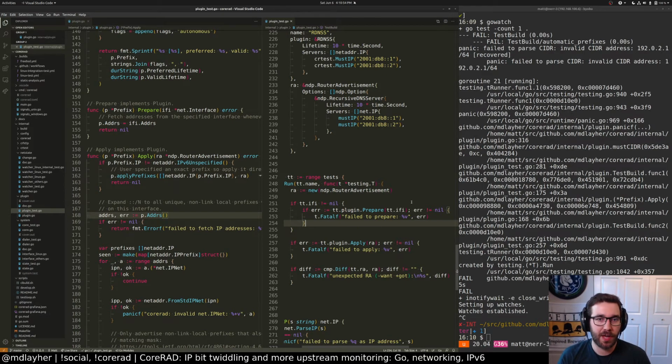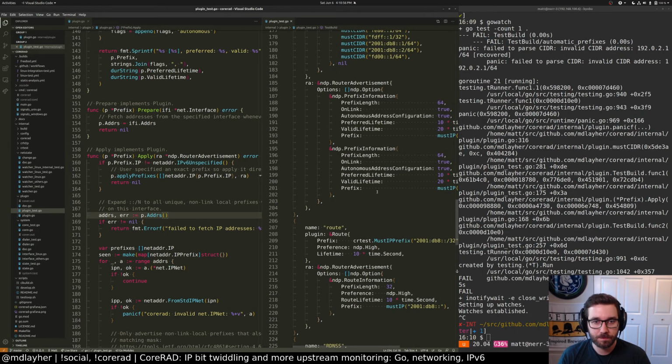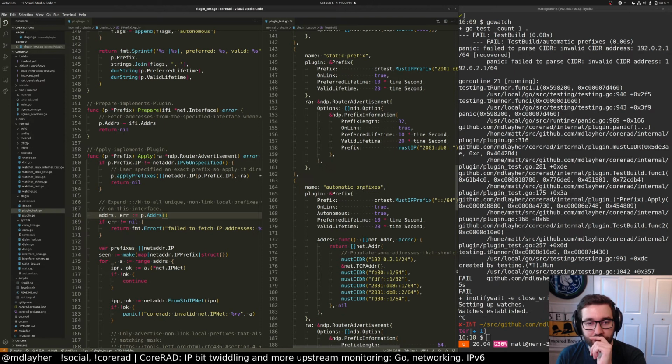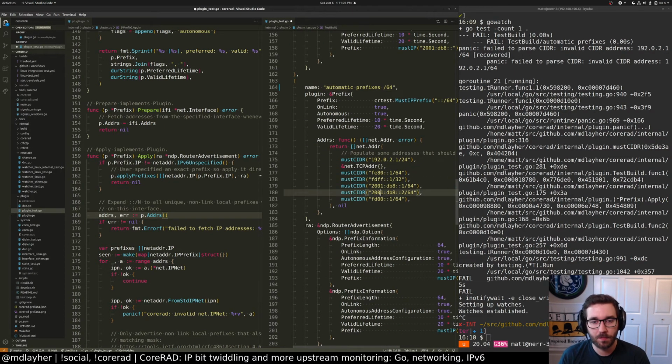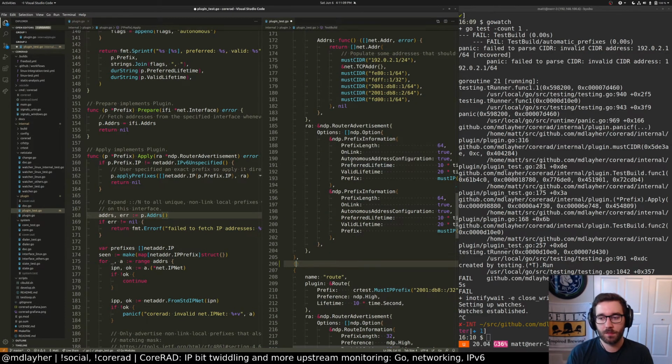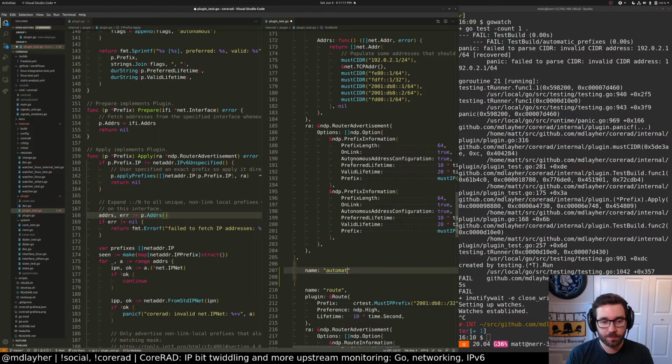I guess we can write another case here. Prefixes, we'll do a /8, and we'll just verify that a v4 or a v4 link local address or something does not get picked up. Actually, we could do 16 because that would fit in the range. Or we could do /32.